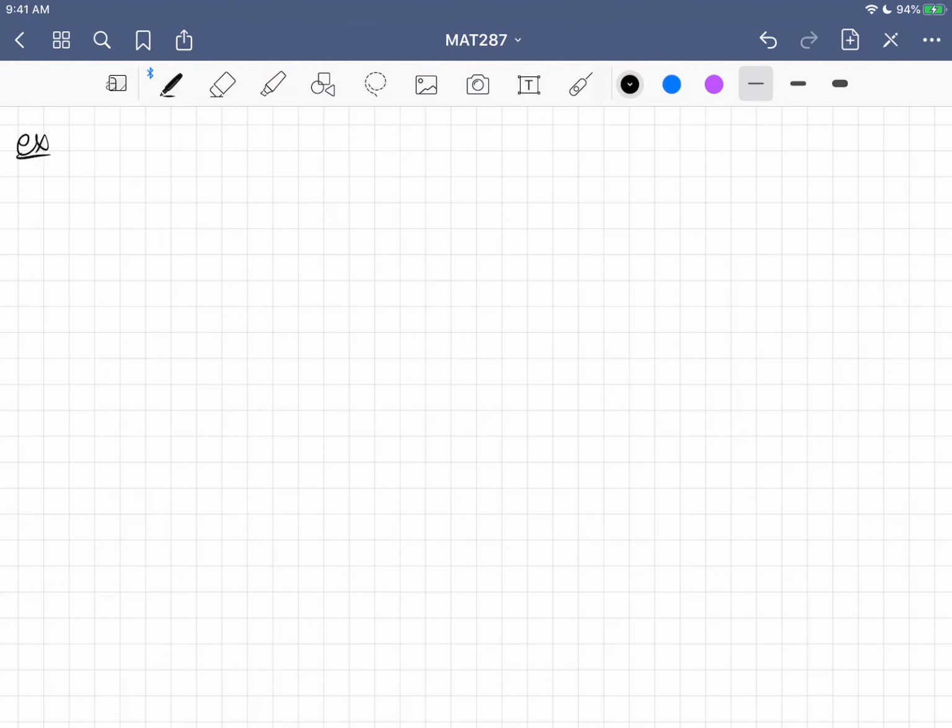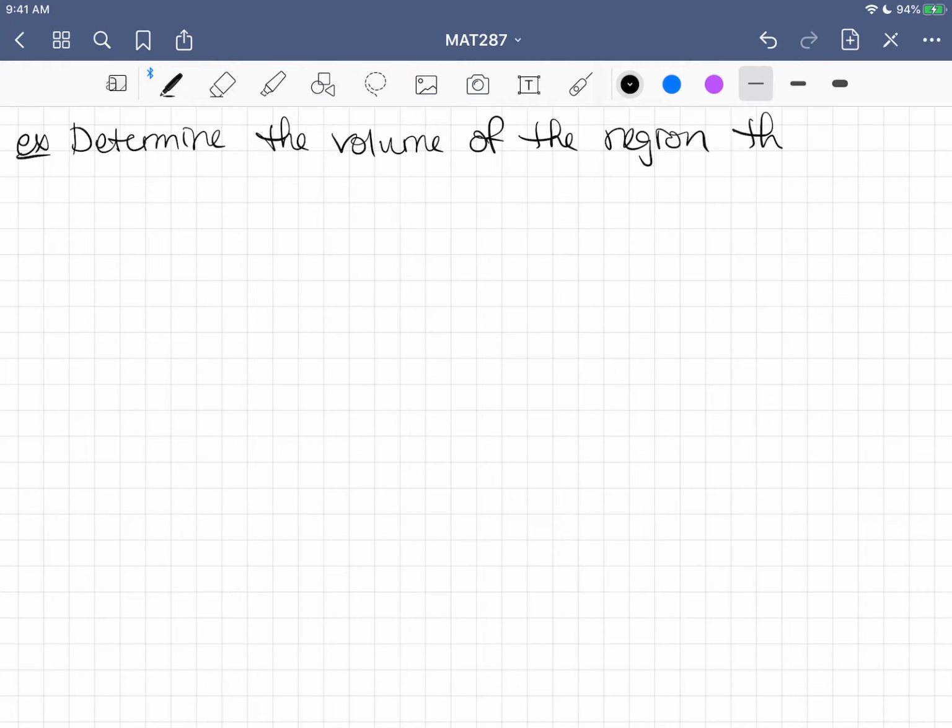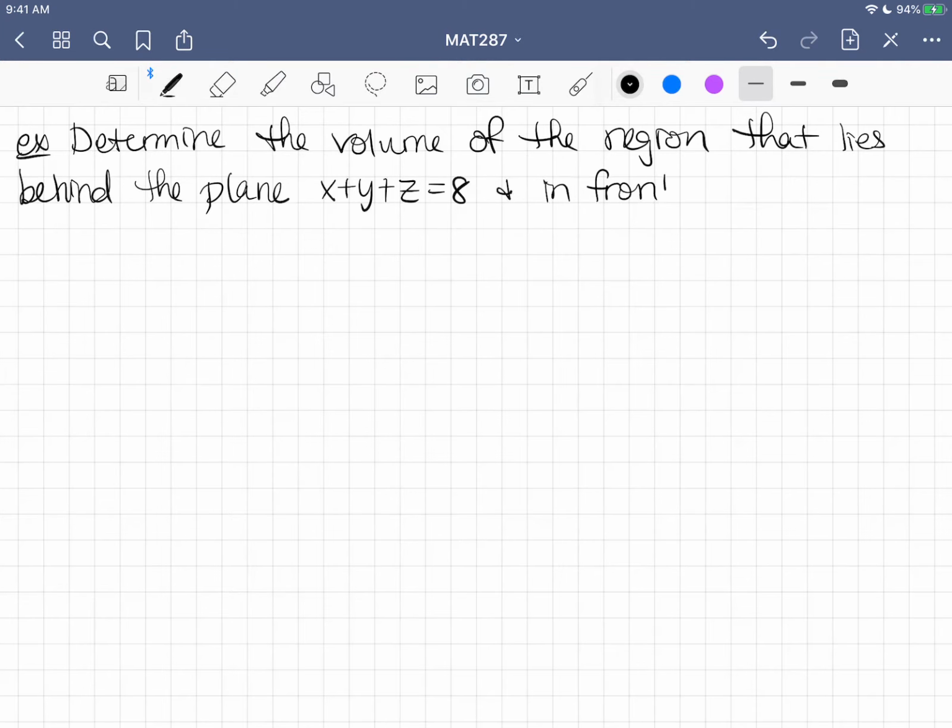I want to determine the volume of the region that lies behind the plane x plus y plus z equals 8 and in front of the region in the yz plane